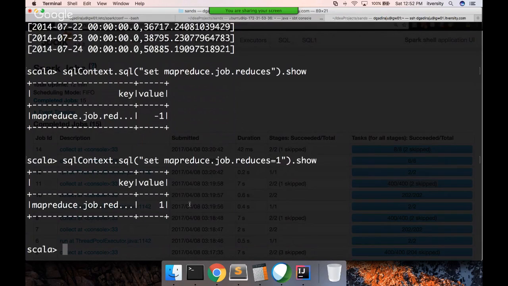Yeah, this will have some impact. Not all properties, but whatever properties Spark uses internally, you will see the difference. Now you can see the value is overridden to 1. Similarly, if you want to switch the database, you can say